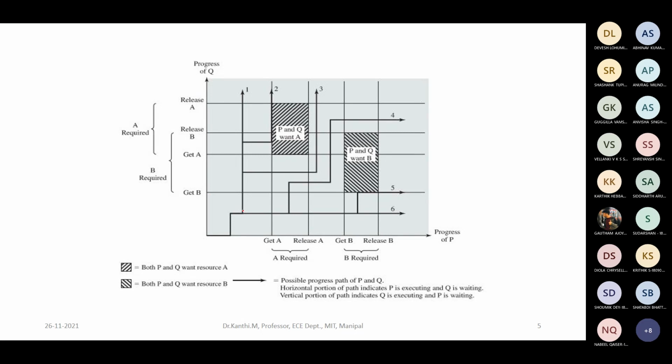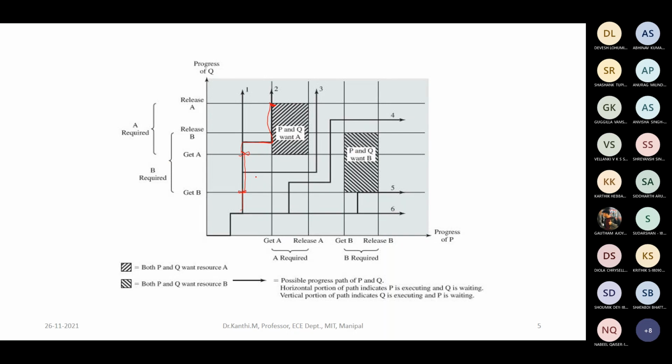And the second one, here you can see that process Q will acquire B, and then it acquires A. Please try to understand. Now process P is trying to acquire A. Since A is not yet released by Q, till it releases, the process P is blocked. Once it releases that, it can resume execution.